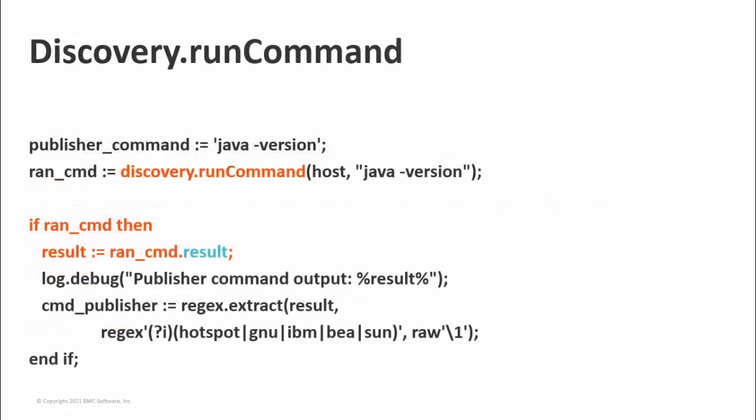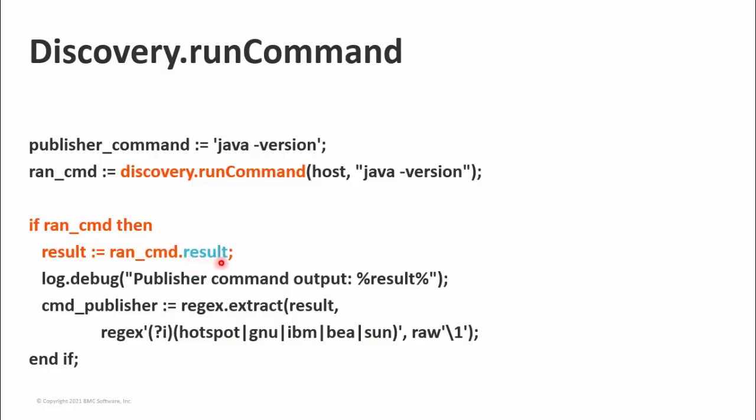Discovery.run command is used to run a command on the remote host in the context of discovering that host. When we are discovering a remote host, we have the credential information, and therefore discovery.run command can execute a command on the remote host using the discovery credential. It is important to test that the result of discovery.run command has a value. And then if you want to check the result of the command, you need to use the .result, as seen